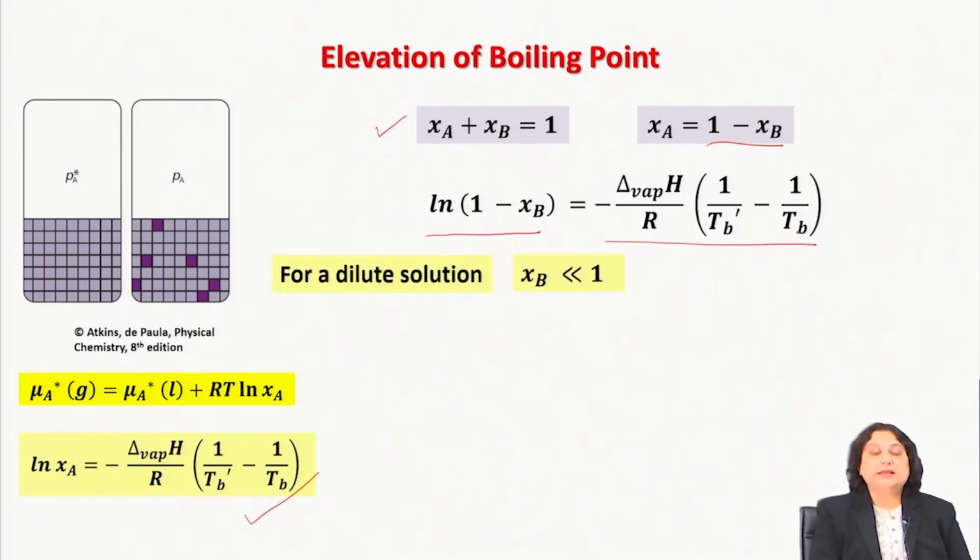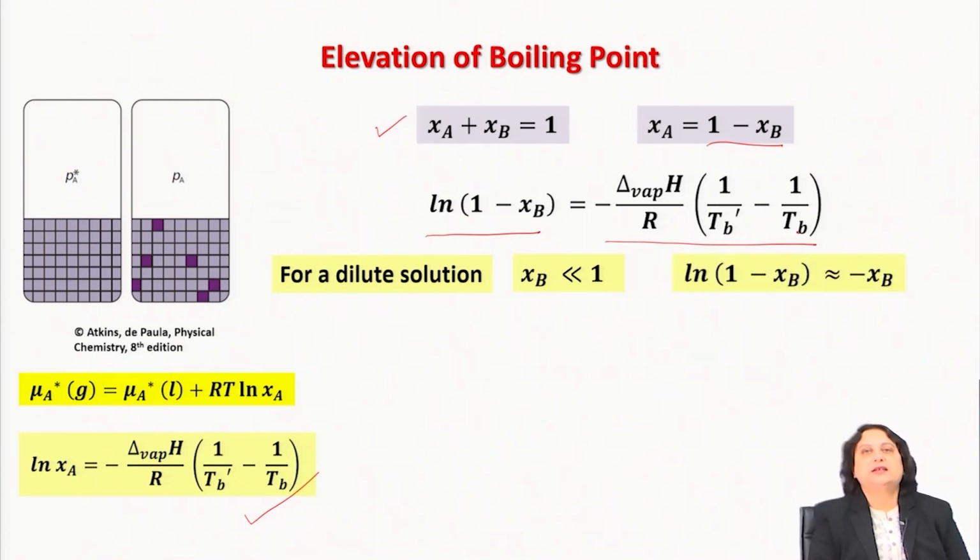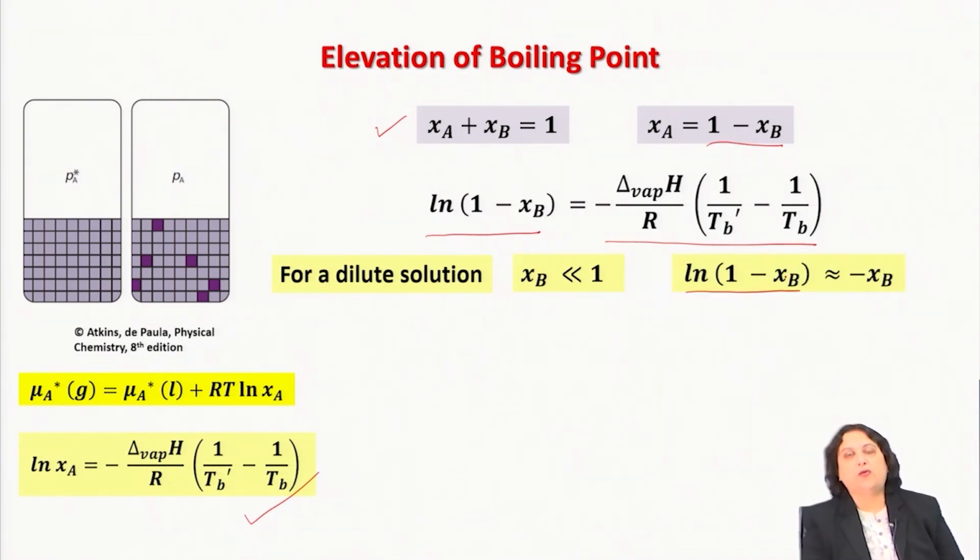Now, what happens if I have a dilute solution? In a dilute solution, the solvent is present in excess, and the number of moles of the solute is very, very small compared to the number of moles of the solvent. As a result, I can say that Xb, the mole fraction of the solute, is going to be much, much less than 1. So the consequence of this is, I can now replace this expression of logarithm of 1 minus Xb by approximately